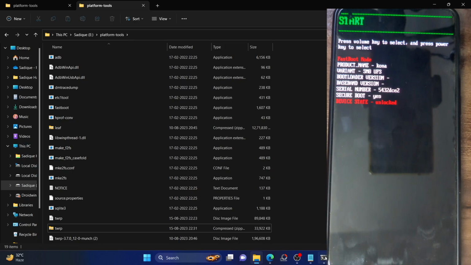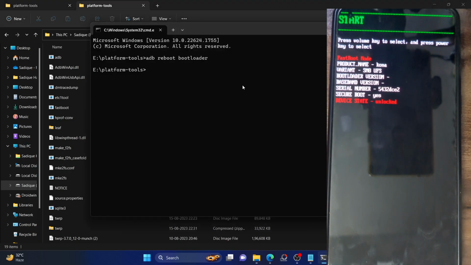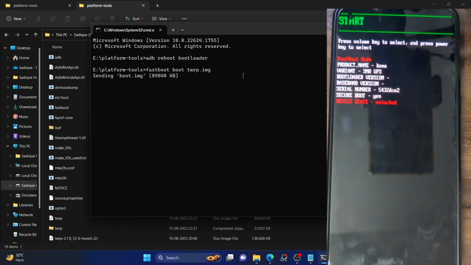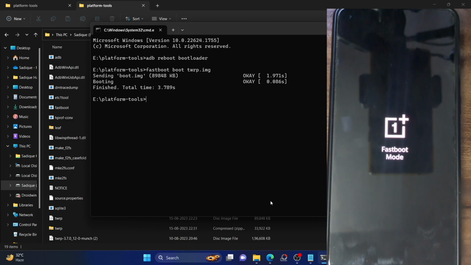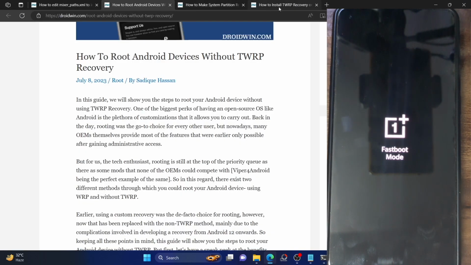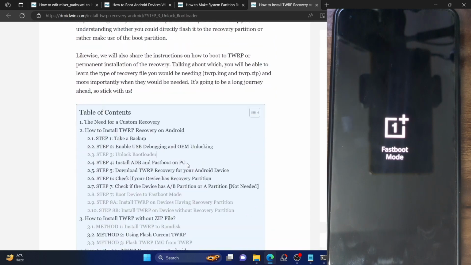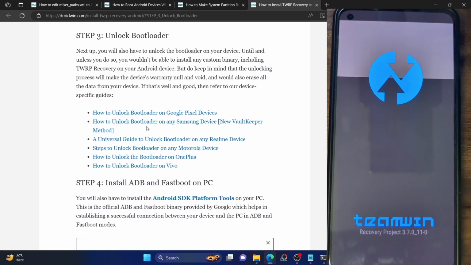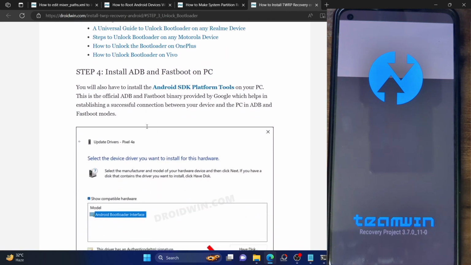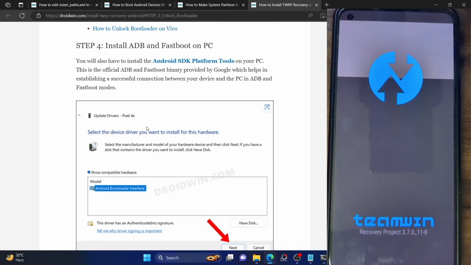First off, let's boot our phone to TWRP recovery. Type in fastboot boot twrp.img, and your phone should now boot to the TWRP recovery for one-time usage. Do note that I have already unlocked the bootloader on my phone using the guide given here. In your case, you will first and foremost have to unlock the bootloader, and once that is done, you could then install the recovery onto your phone. It's always recommended to first temporarily boot to recovery, and if it's working well and good, you could then permanently flash it as well.